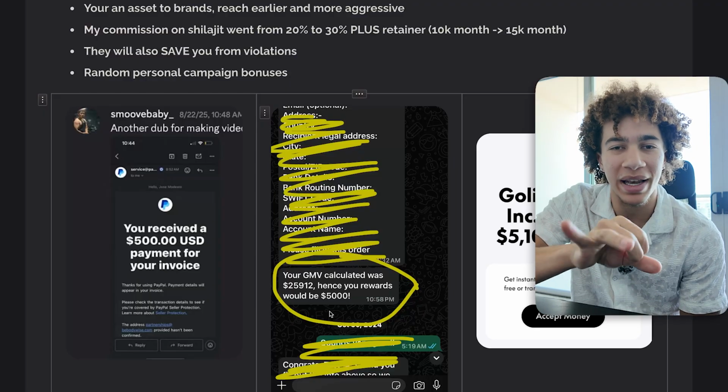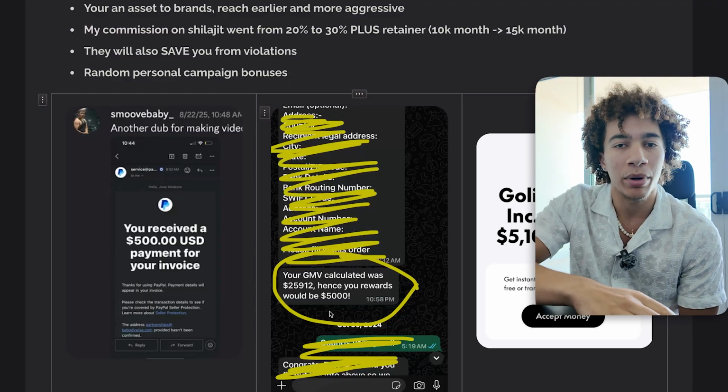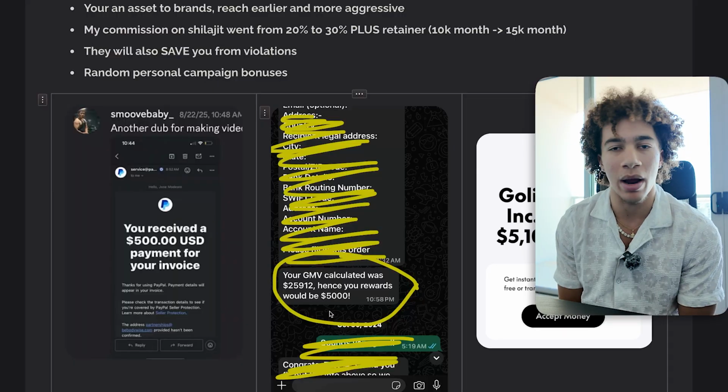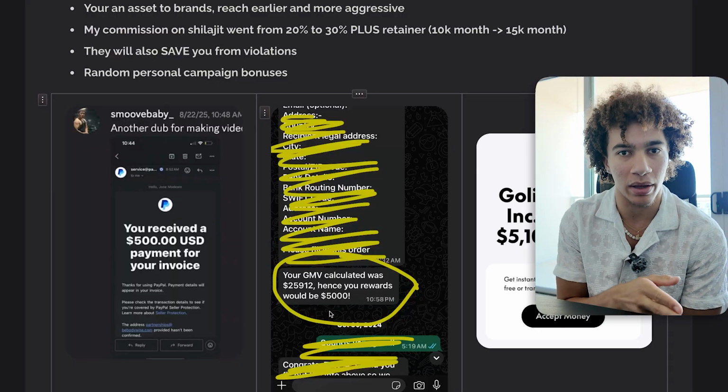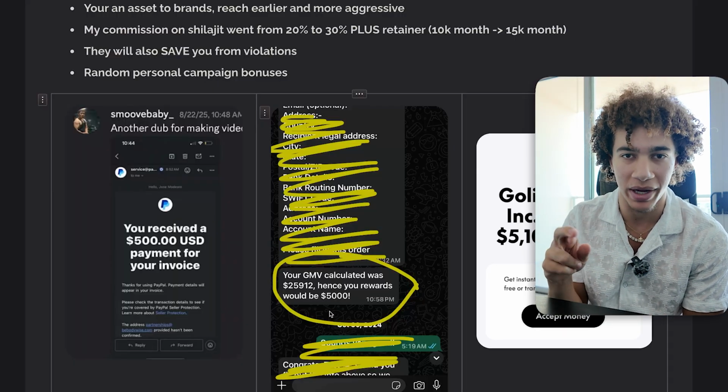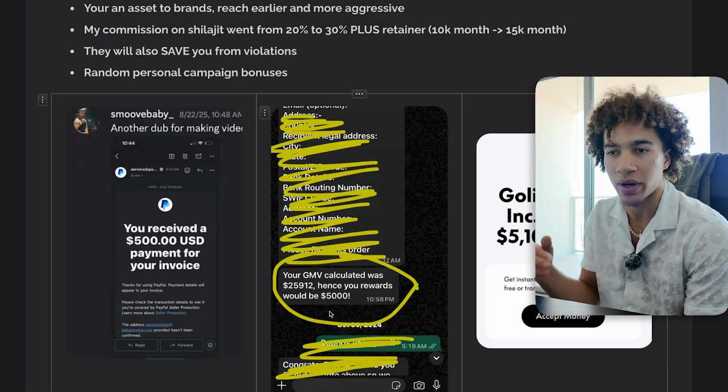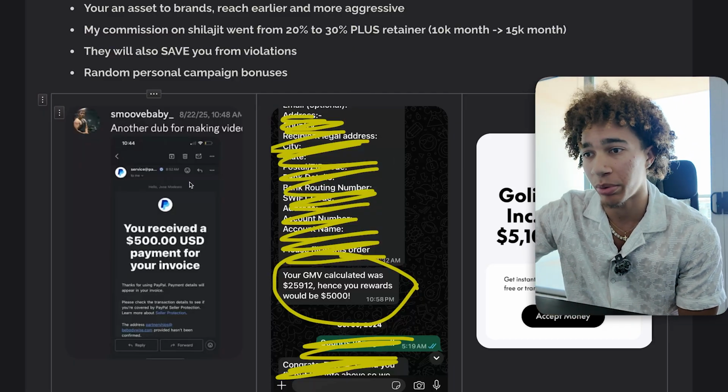Now don't be aggressive, like don't be a pain in the ass, right? You want to build a good relationship with them, but don't text them and then they don't respond for a week. Text them once, they respond, be respectful about it, and that's how you actually build a good relationship with brands and how you can get these exclusive bonuses, right? That's how I do it, with the people in my programs. These are all people that are a part of it.